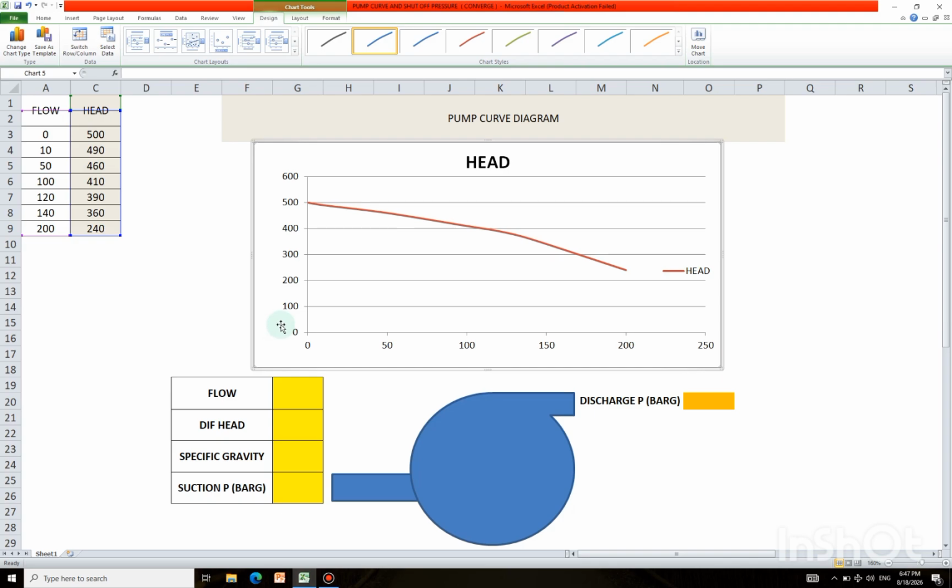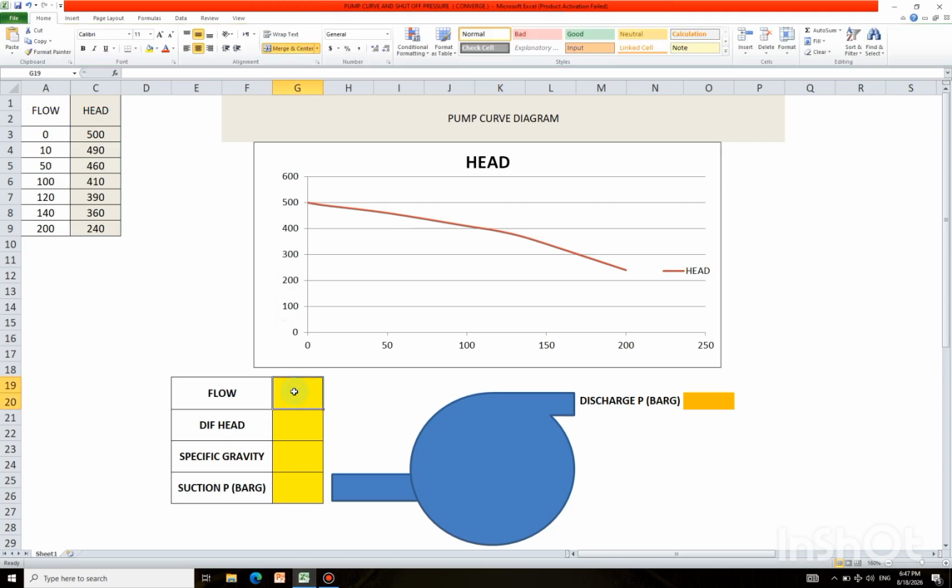As you notice, the pump curve is generated. As you know, as we increase the flow rate, the head that the pump can produce will decrease, right? So now I want to specify, for example, let's say we have 50 cubic meter per hour as the flow rate, and I want to find the differential head that this pump can produce. Type equals and write the FORECAST